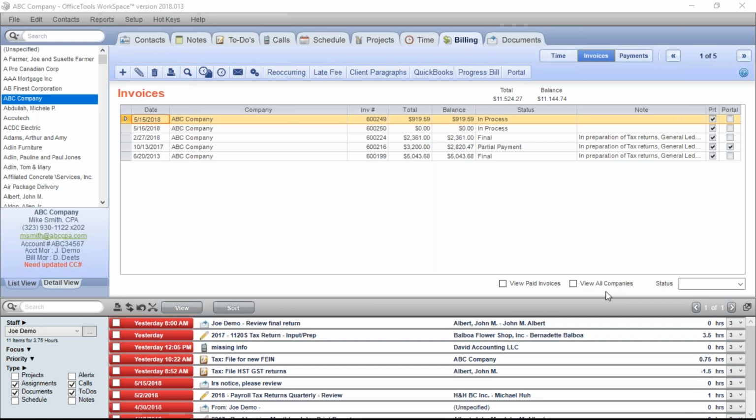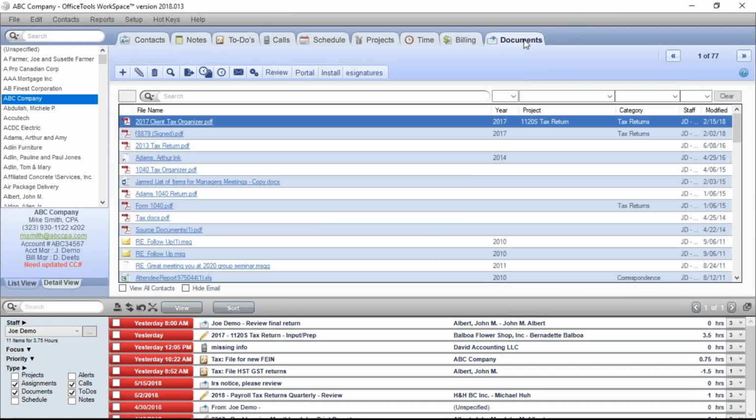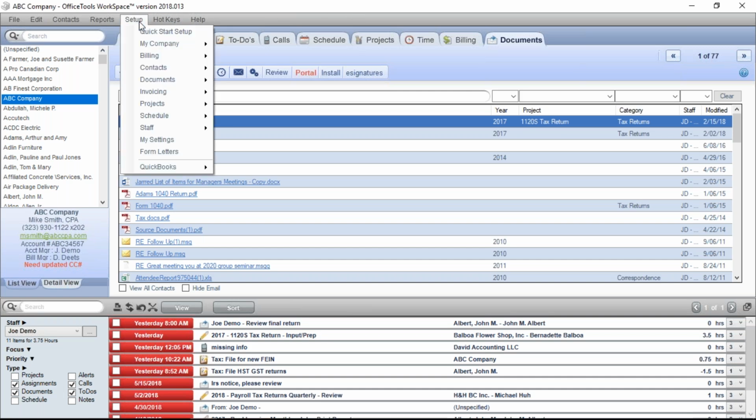Sure. We actually have a lot of options to add documents to OfficeTools, and we've done that because of the different ways offices operate, whether they're scan heavy, or they like to drag and drop, whatever those options may be. So really from the beginning, if you're using a scanner, you have the ability to create what's called a drop folder. And this folder is connected to OfficeTools, and OfficeTools will watch this folder. So you can put it on your network, you can put it on your desktop. And as soon as that document's scanned in, you can drag it or set the scanner to point to that folder. You've got a couple options there depending upon the type of scanner that you're using.